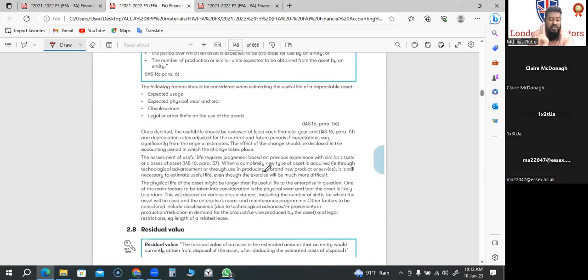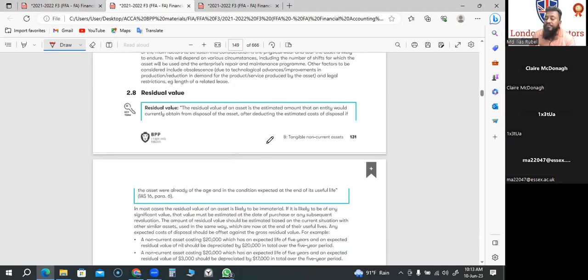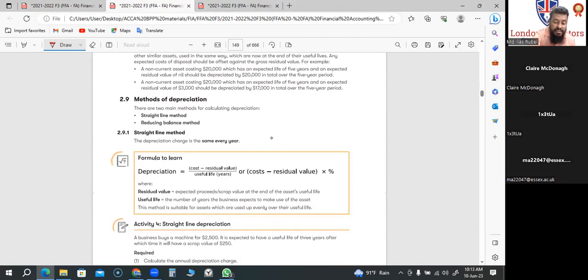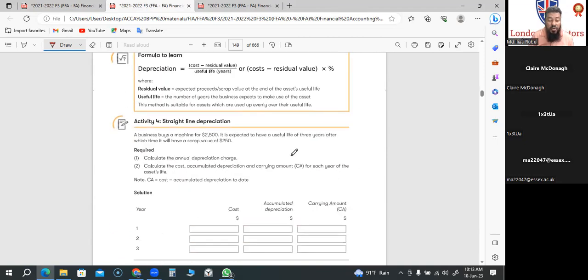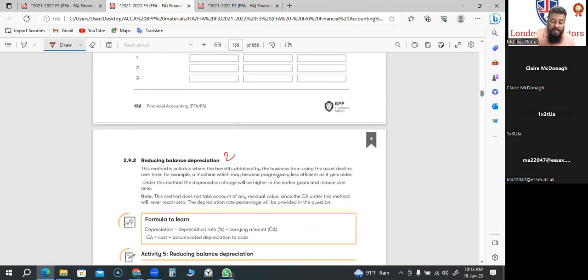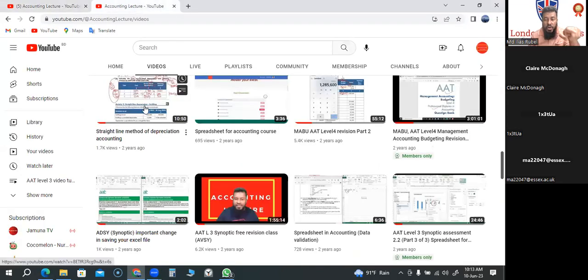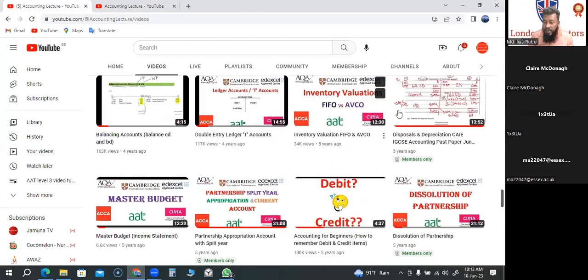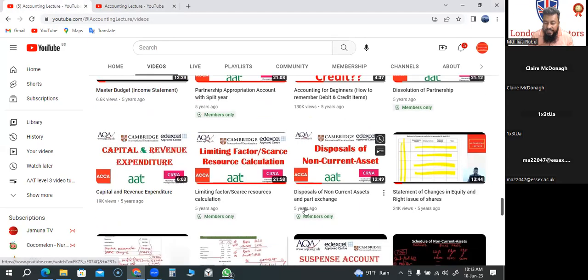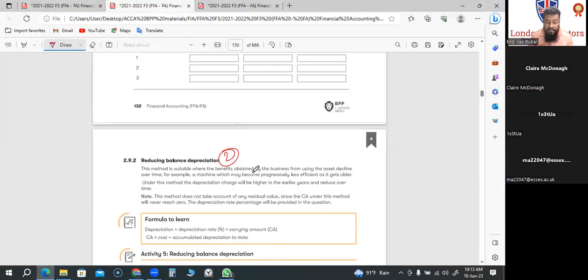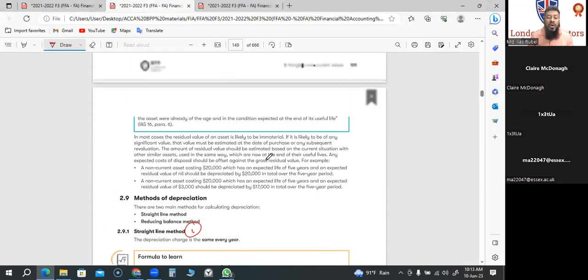There are two types of depreciation popularly used in today's world. One is the straight line method. Another is the diminishing or reducing balance method. There is a revaluation method for small kids like GCSEs, even in A levels, which is all right. So have a look at this. Here is a straight line method depreciation video on my YouTube channel. You can take help from here, with some disposal and depreciation at the top and even at the bottom. So you can always take help from my other YouTube channel videos. Let's go over that now.